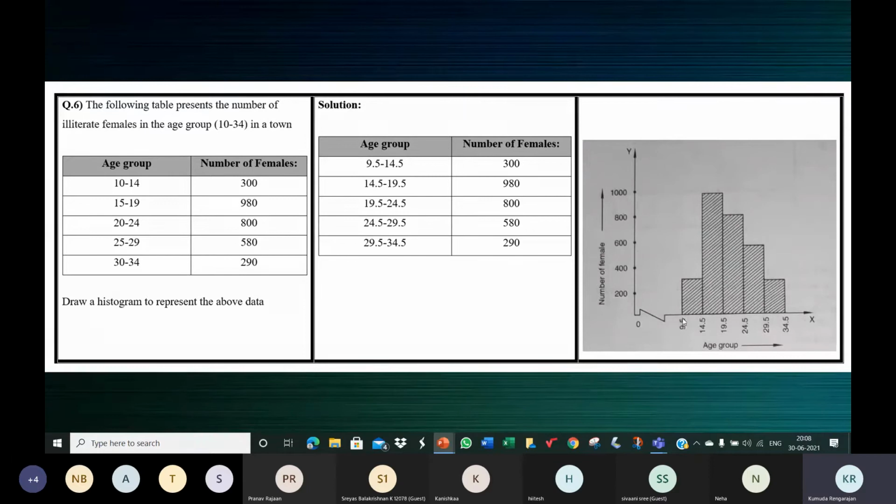Don't worry about where you should mark 9.5. Should I mark 9.5 at the 1st centimeter or the 2nd centimeter or the 3rd centimeter? Just show a kink like this. And maybe if the 1st centimeter is very close, leave that and start marking from the 2nd centimeter. That's okay. Or if you've shown the kink very little like this, and your 1st centimeter itself is available, then you can mark 9.5 there. If you think the 1st centimeter is not available, you've shown the ups and downs till 1 centimeter, then leave that. At the 2nd centimeter, you mark 9.5. Then continue from there.